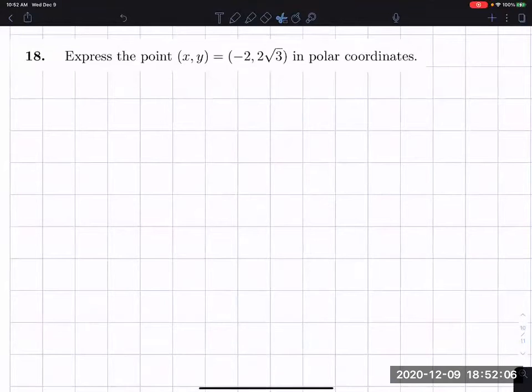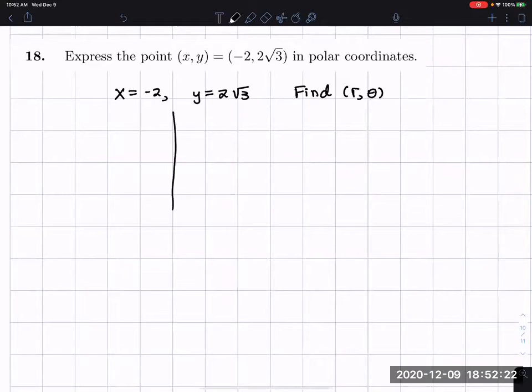Okay, in this problem here, we have a point x equals -2, y equals 2 rad 3, and those are expressed in rectangular coordinates, and we're trying to find r theta. So the first thing I like to do is sort of roughly sketch this,